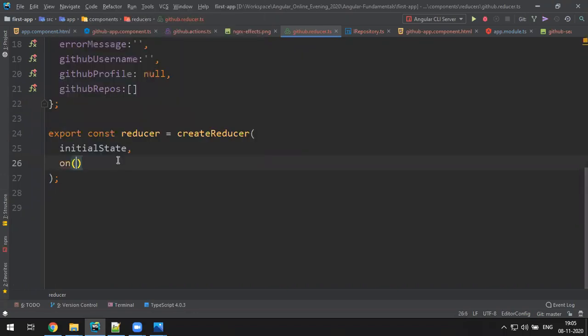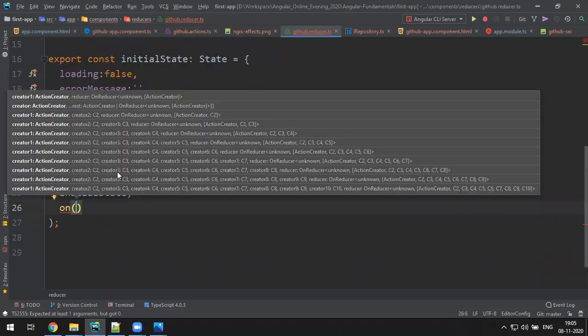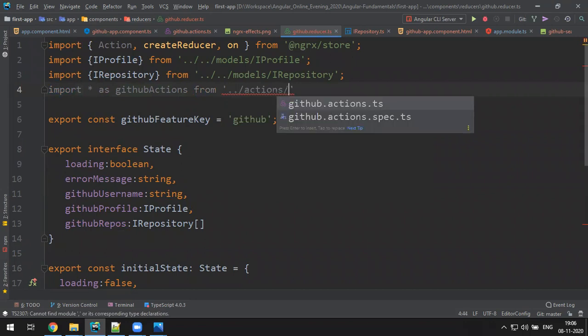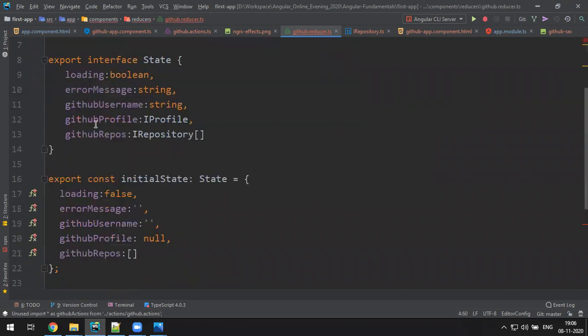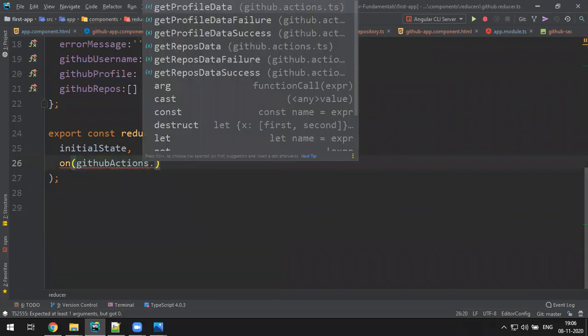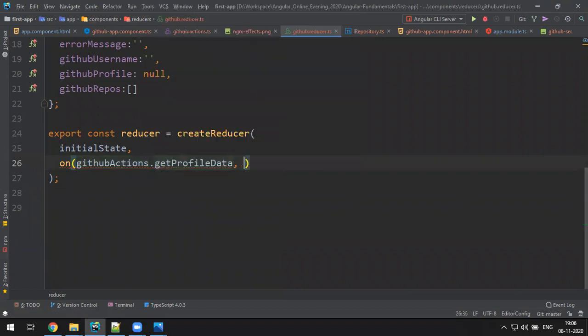So on import actions. Multiple actions are there. No, we have to import it. Import star as GitHub actions from dot slash action slash GitHub actions. Okay. So here what you do is GitHub actions dot get profile data, correct, and